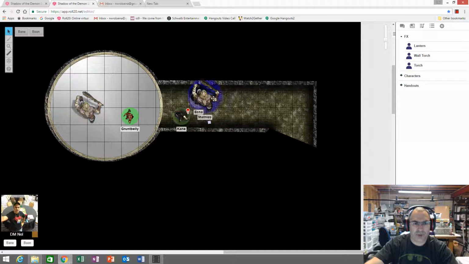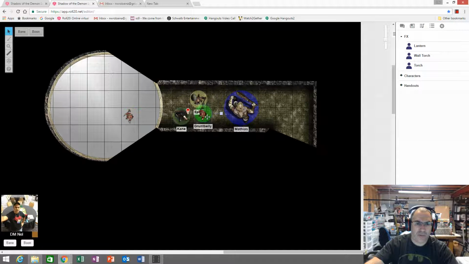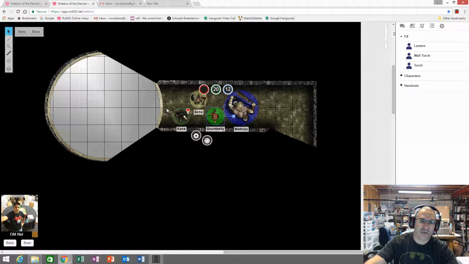So they decide to withdraw. They come back into the hallway here, and they decided to rest for the night because they'd taken some damage up to this point. They really didn't feel like they could progress any further without healing up some. I really didn't want them to rest. I really wanted to just move on. Anytime you incorporate a rest session into an RPG, it just slows things down. So I tried to push this along, but at least I wanted them to see that resting in this place was not the safest idea.